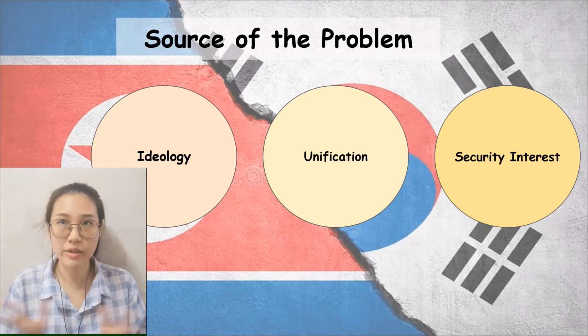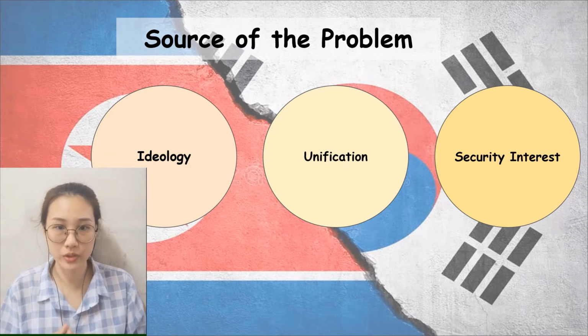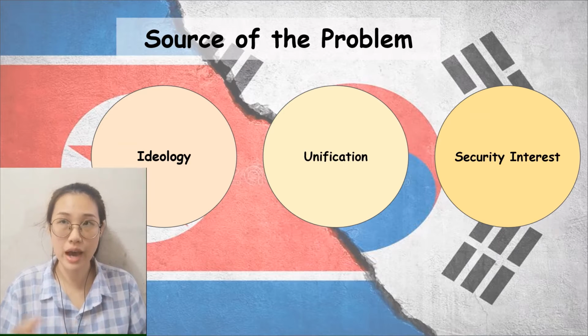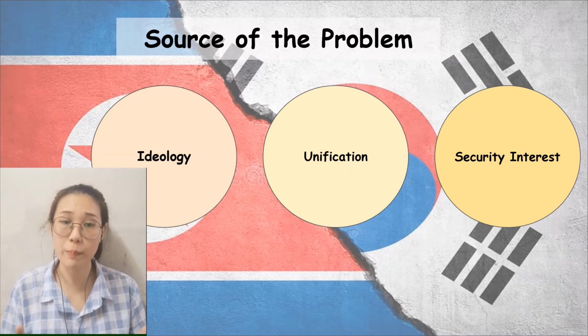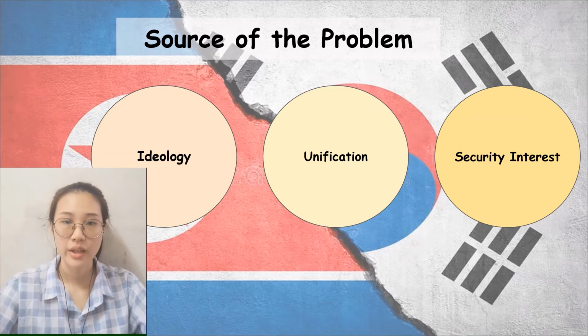The reason the Korean conflict erupted was due to several factors. The first one is the incompatible ideology. The North and South Korean governments have different ideologies under the influence of the Soviet Union and also the US. Both governments wish to expand their ideology across the division line, which forms an ideology contest between the North and South. The second source of the problem is an incompatible goal on the unification. For this, both Koreas have an incompatible goal over the demand of unification, to be done on their own terms and without concessions.